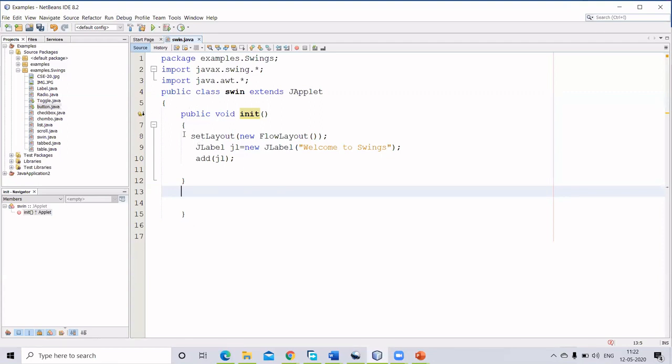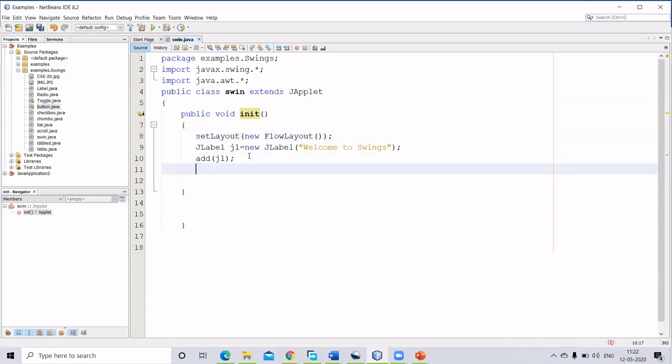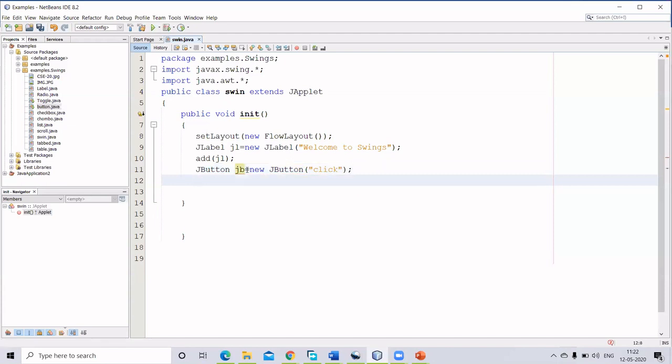Now, coming back. I wanted to place a button here. I placed a label; now I'll put a button over here. The name of the class is JButton. Where does this class reside? This class is completely inside your javax.swing package. So I just want to give the name of the button, giving it Click. I created a component. Now the component needs to be added to the container. For that, what should I do?